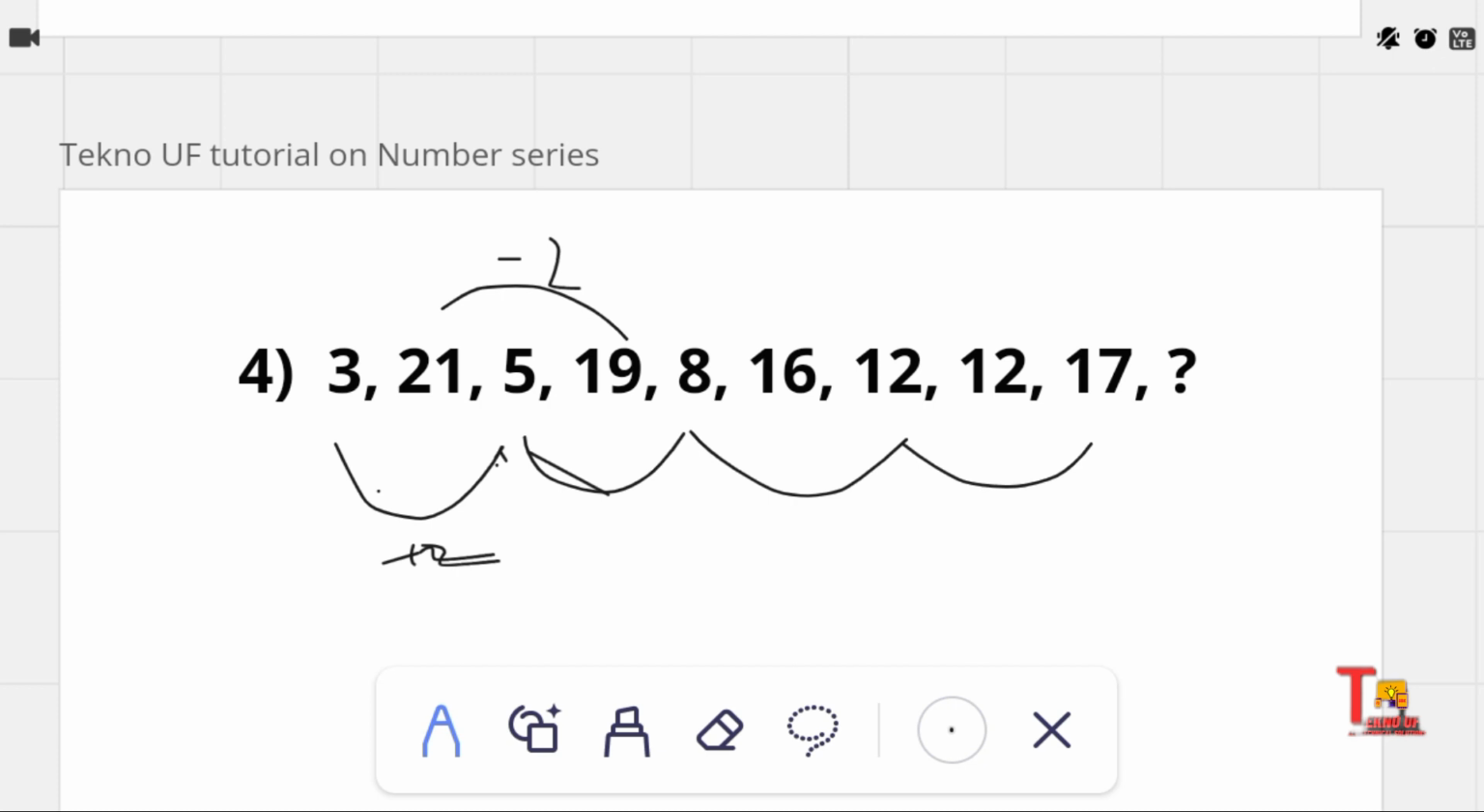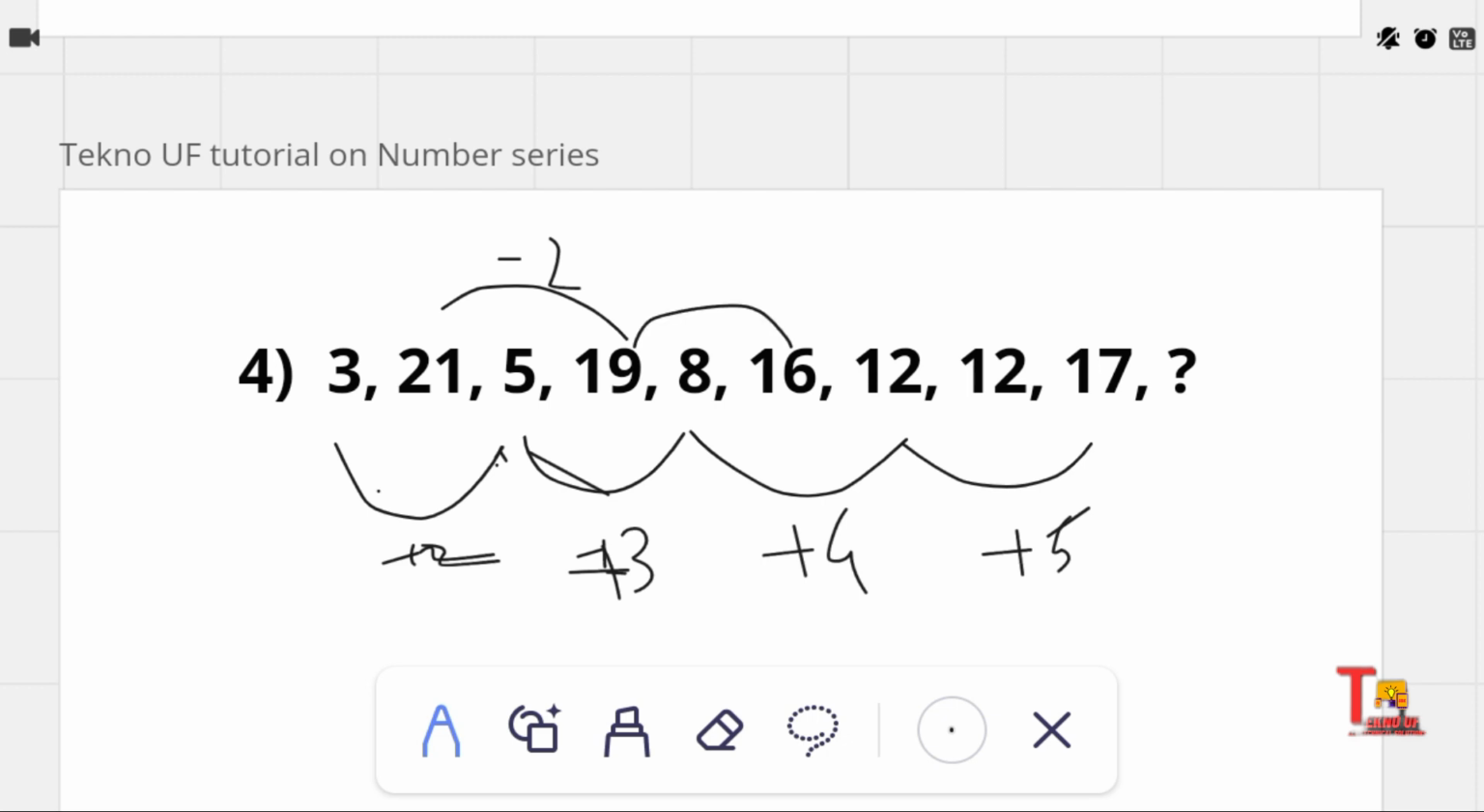5 to 8, this is increasing by 3, and from 8 to 12 it is increasing by 4, and from 12 to the missing number this is increasing by 5. Okay, and from